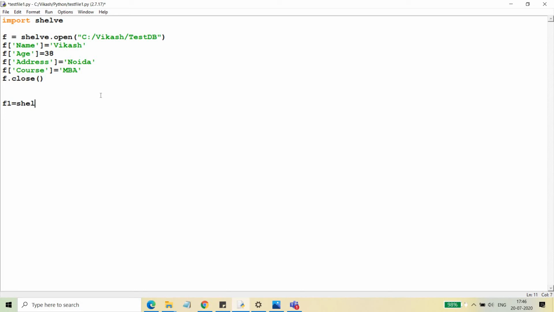f1 is equal to shelve dot open, and C, Vikash and testdb. I'm opening the same file, the same shelf, and here I'm going to write something like f1 key1 is equal to value 1.